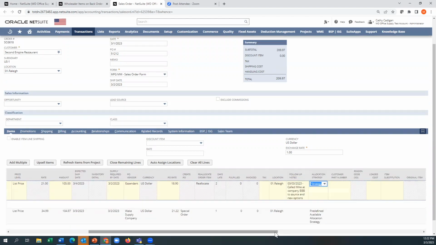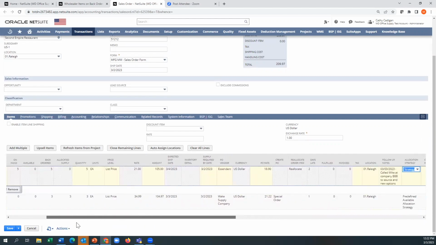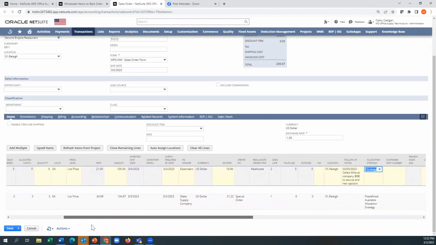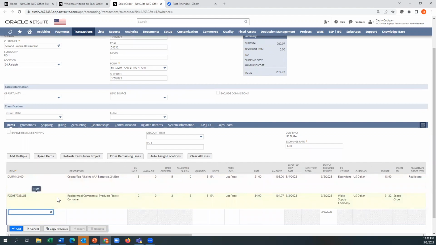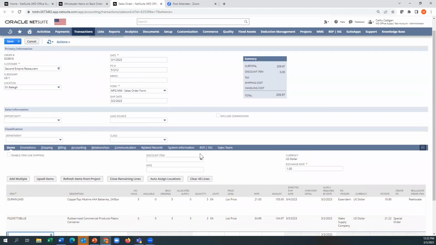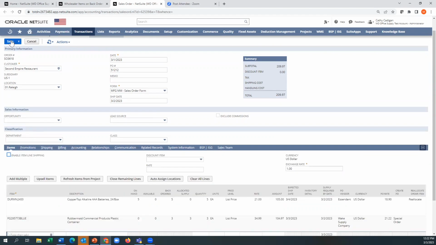Really what we're just doing is putting a note in for the next person looking, potentially placing a manual PO for this product, potentially switching out the supplier, or maybe even just shipping it from another location. So once I make those notes, all the other information is the same as a typical sales order, right? We're going to see all the information that came in from Logic Block, and I'm just going to save this, right?